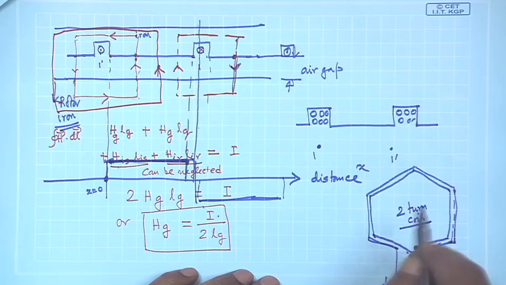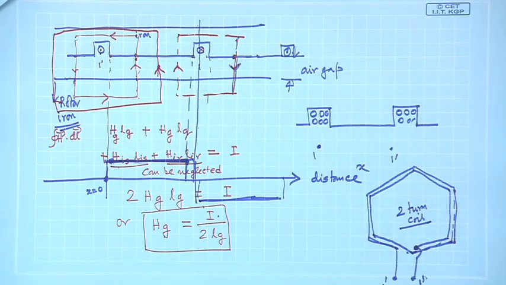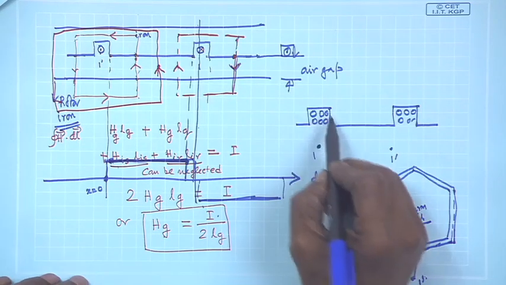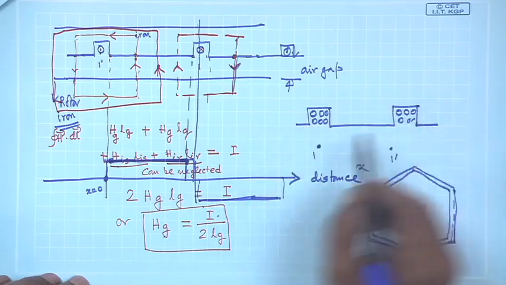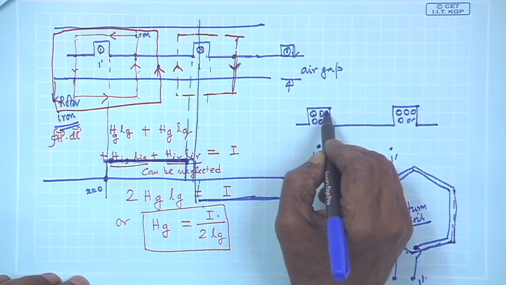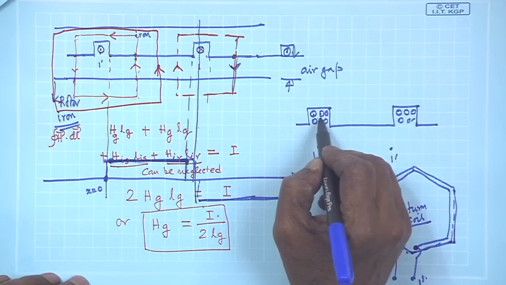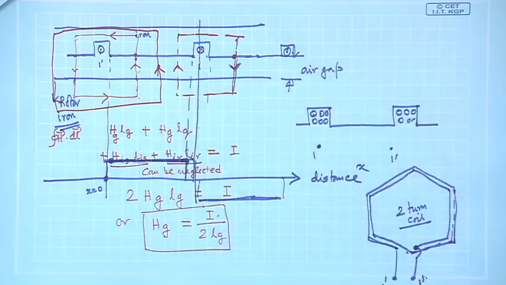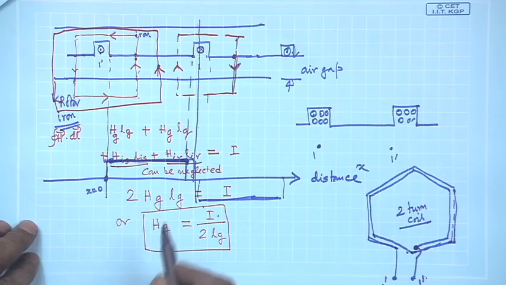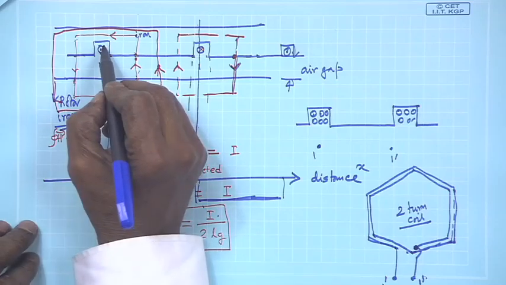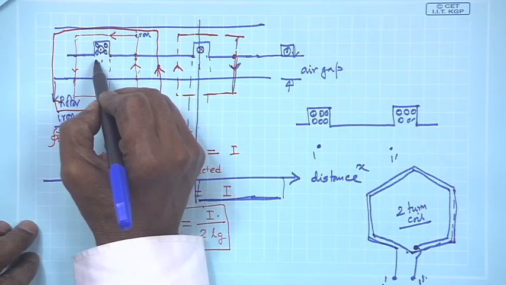In fact, in machines multi-turn coils are used, because BLV is the voltage, and when these things move in B, all these conductors will have BLV, and they will be added up. So, large voltage you can get. Therefore, it is a multi-turn coil. Therefore, in a situation when there is a multi-turn coil, each slot suppose is having n turns